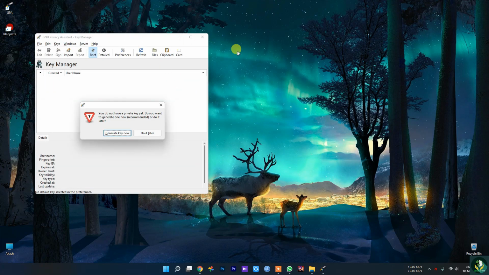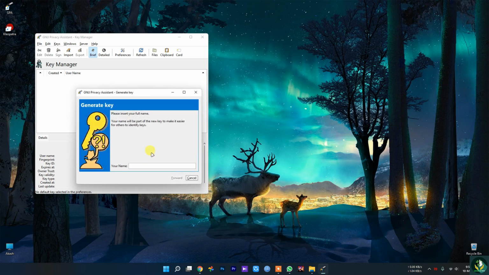As you can see in here, you do not have any private key yet. Do you want to generate one now? So you have to generate a key now. This is the screen you will get at first, and they will ask you to generate a key. I'm just going to put my name in here.